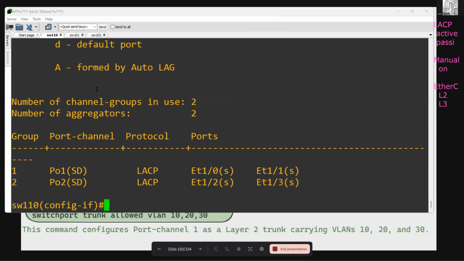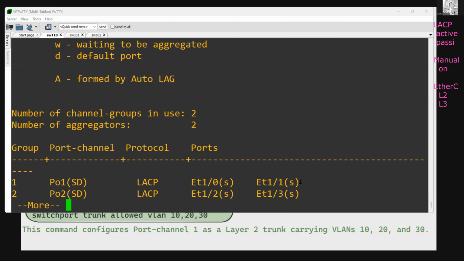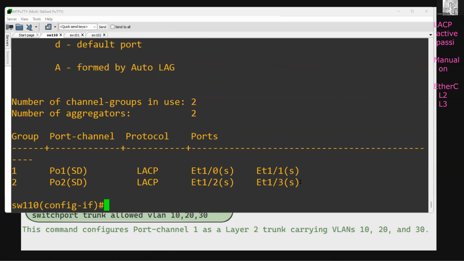So now it is telling that you are in the suspended mode. Earlier it was in the down mode. Now it is telling that you are in the suspended mode. So why is it suspended? Let's see. Do show run interface E1/0. Let's see the configuration